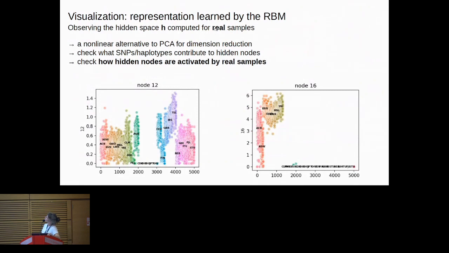And something nice that we could do with the RBM is that you can visualize what's in the latent space, and you can also look at what activates the different hidden nodes. So, for example, here you can see that some nodes are activated by all populations except for some parts of the world, and this one is activated by all African populations, to a lesser extent by Afro-American, ethnic populations between European and African here, and not at all by the other populations.